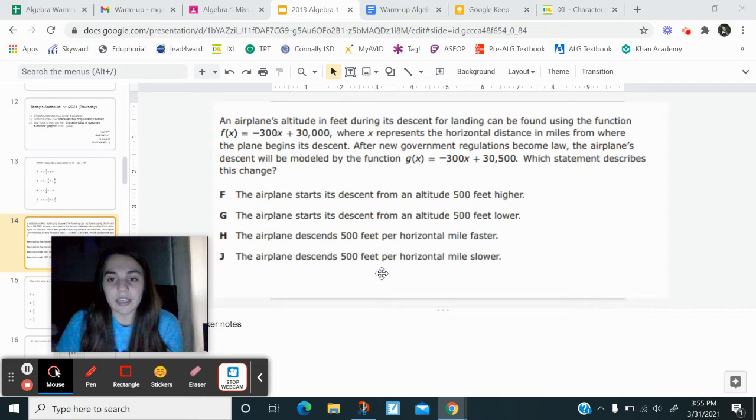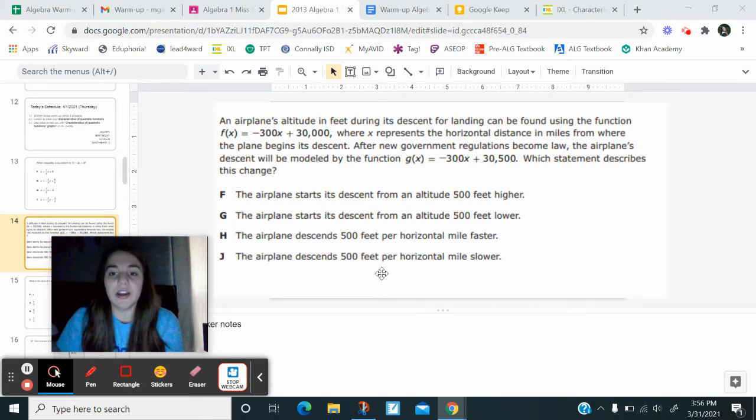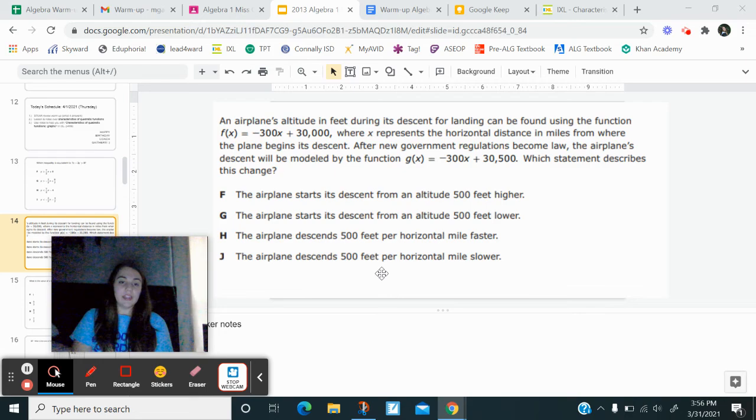After new government regulations became law, the airplane's descent was modeled by this function now. So notice that it said f of x and now it says g of x. It's because there is a new function, a new line. It says -300x plus 30,500. Which statement describes this change? So before I start, this is technically going to be linear. If you've ever seen a plane descend, it goes